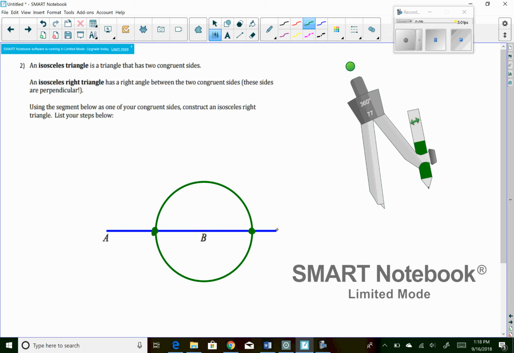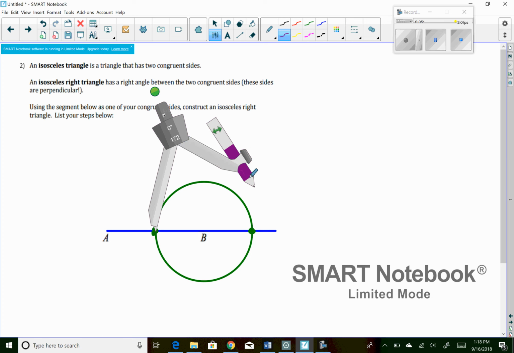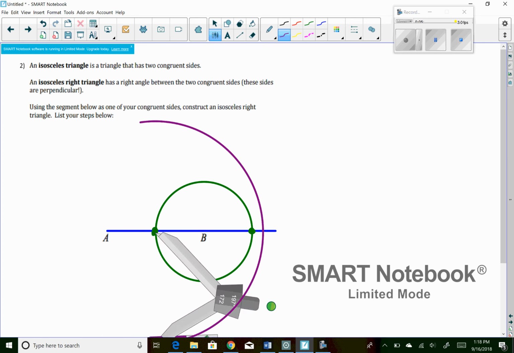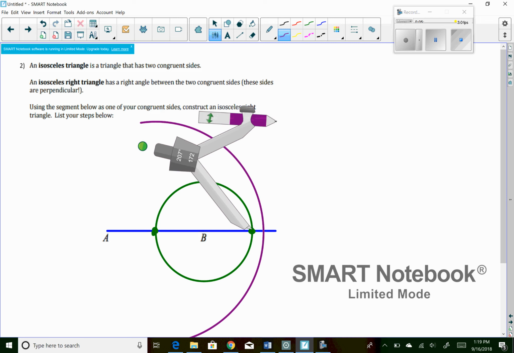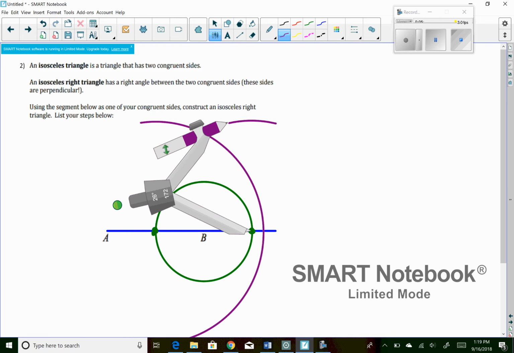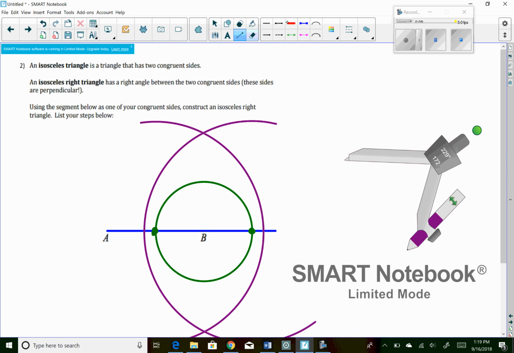If I bisect that segment between those two green points I've made, I'm going to get a vertical line that goes through B, right? So let's do that in purple. I'll start by putting the compass in one of these points of intersection, making it bigger, and making two arcs. One from one point of intersection and one from the other. If I connect that with another straight line,